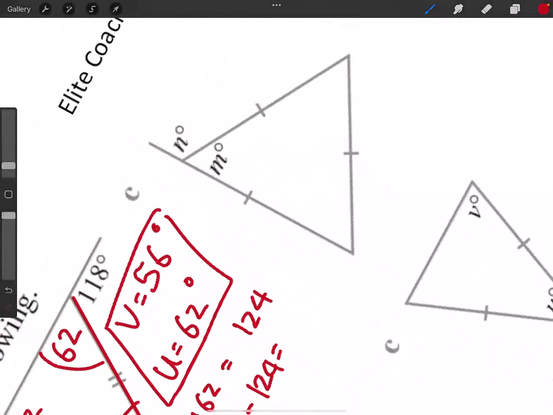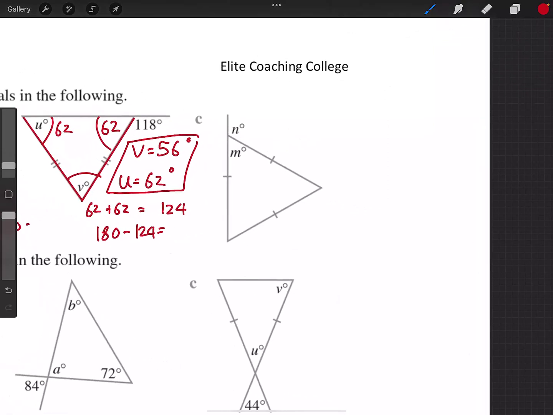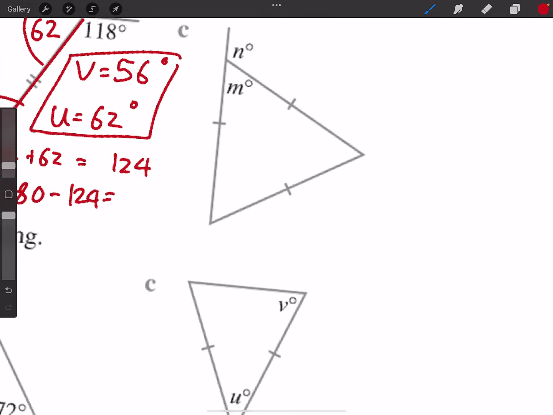All right, this one looks tricky because they didn't provide us with any numbers. But we can figure it out because this happens to be an equilateral triangle. All the sides are the same and all the angles are the same. So this must be 60, this must be 60, and this must be 60. So M is equal to 60, and M